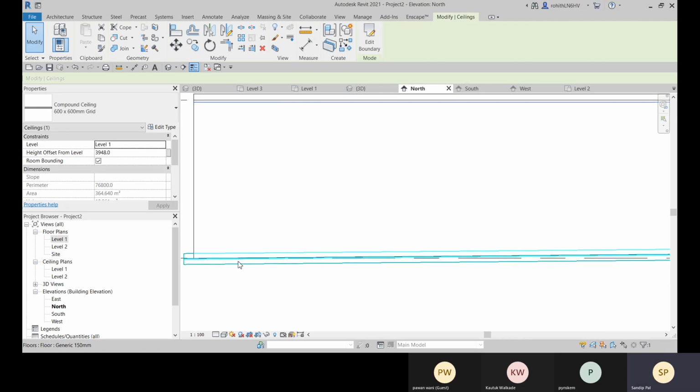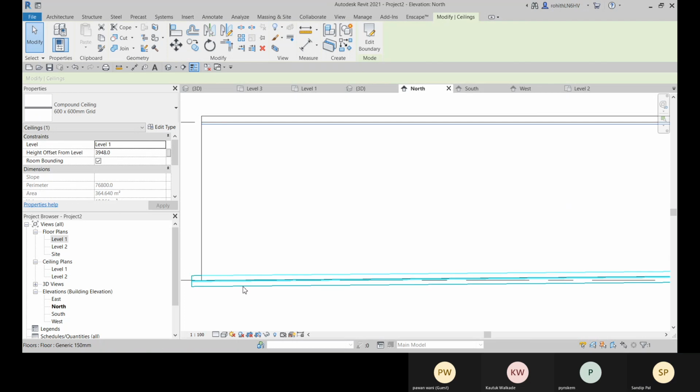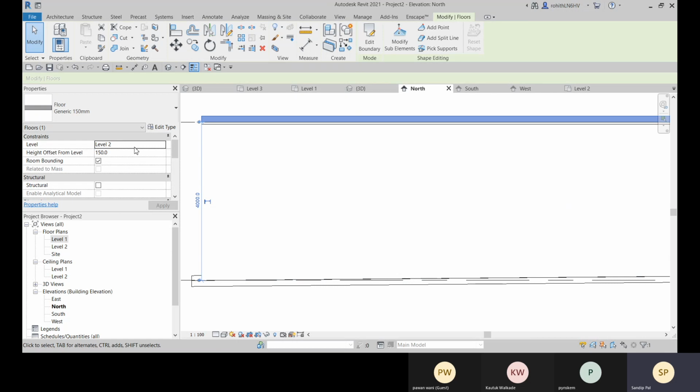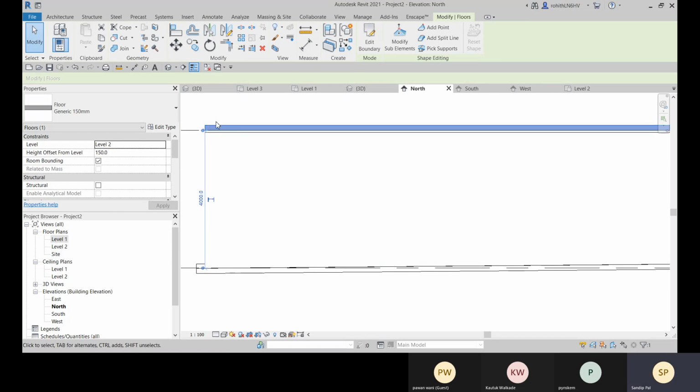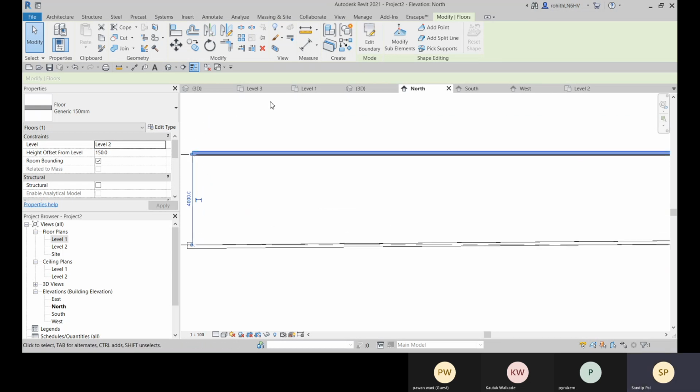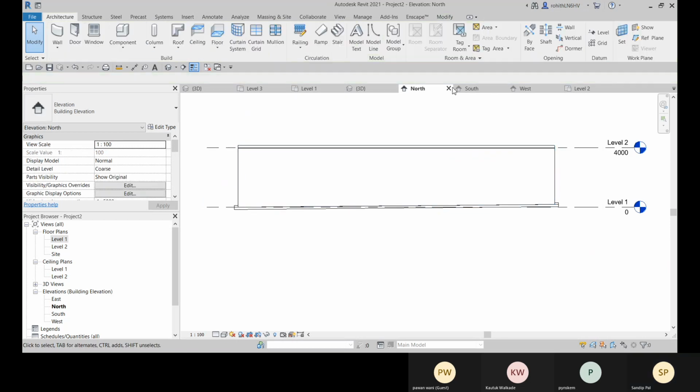At the bottom, you define your floor at the same level. At the bottom, you define the floor. At the top, you define the ceiling, and then you define this floor at level 2. After that, your floor will be started from level 2, and then again you start your walls. So suppose for each floor, you have the same walls and all.